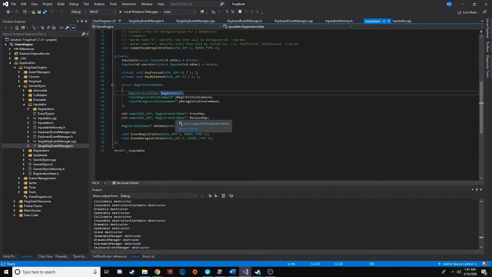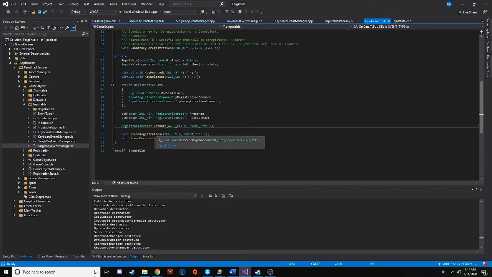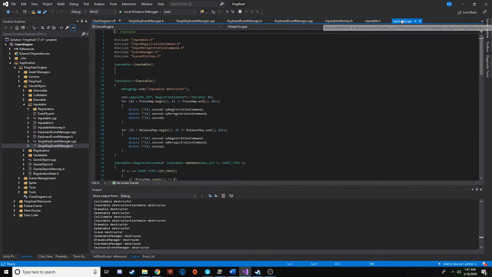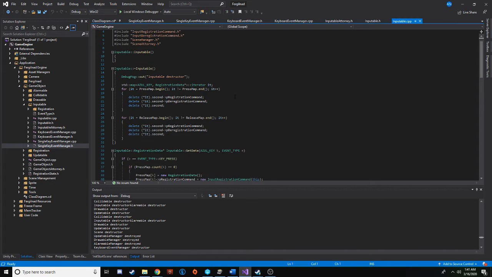And then I have a map for key pressed registration and a map for key released registration. And then I have a get data method that'll return a pointer for some registration data, and then just seeing registration, deregistration. So for the inputable,